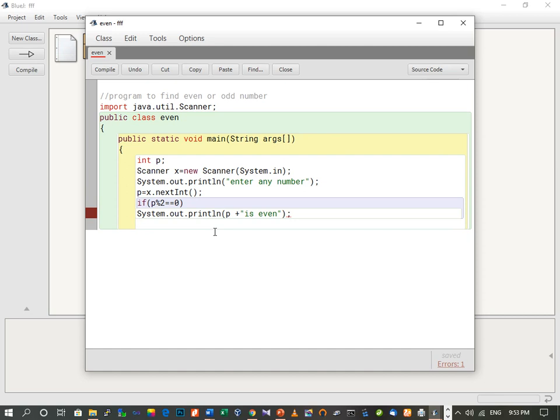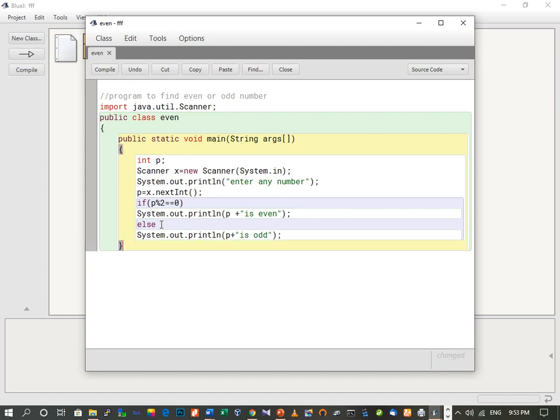Else, if this part is not true, then the else part of the program will be executed. So what will be executed? System dot out dot println p, then inverted comma, is odd, then semicolon.